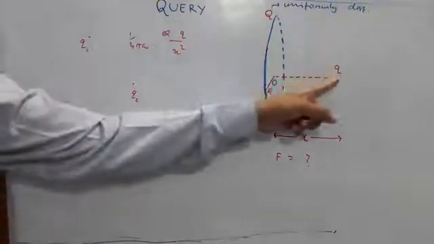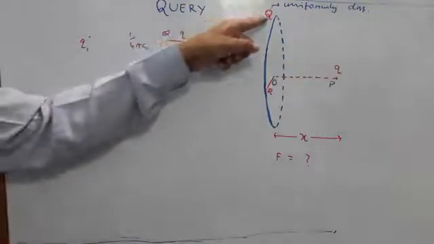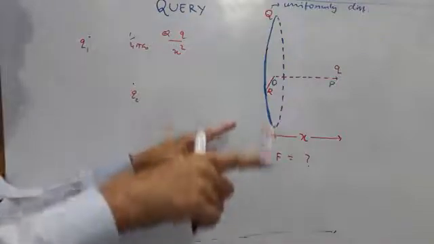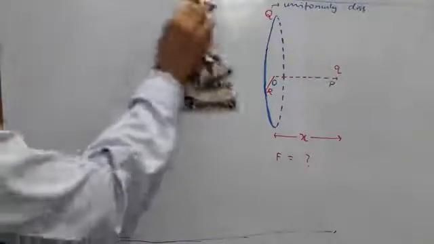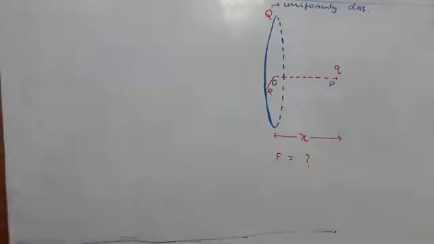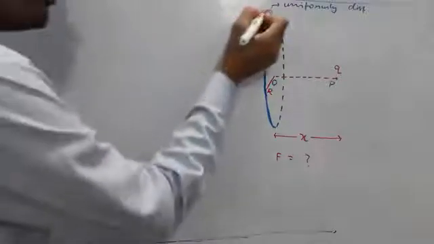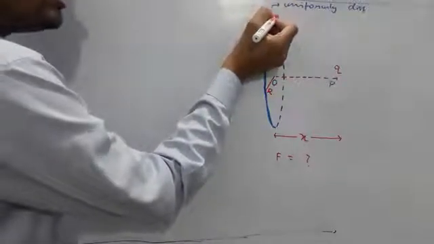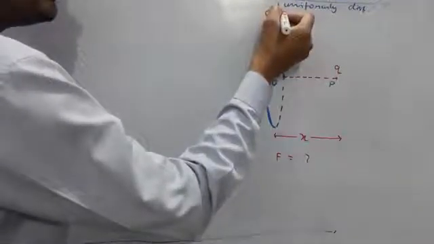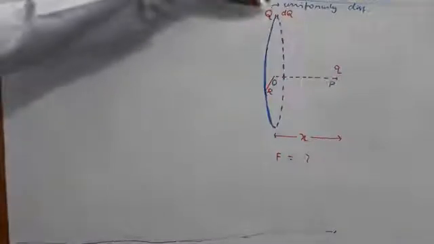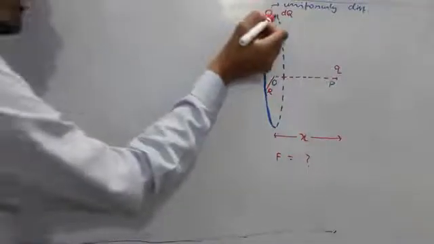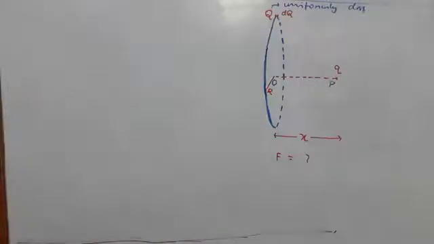Here small q is a point charge, but the capital Q is an extended charge. The entire charge is distributed on the periphery of a ring. So although we have to use Coulomb's law, we have to take the help of integration. To solve such questions wherein you don't have a point charge, rather an extended charge distribution, the best thing is to take a charge element. I'll call it dq. I'll choose a small charge element over here. This is so very small that we can take it as a point charge.